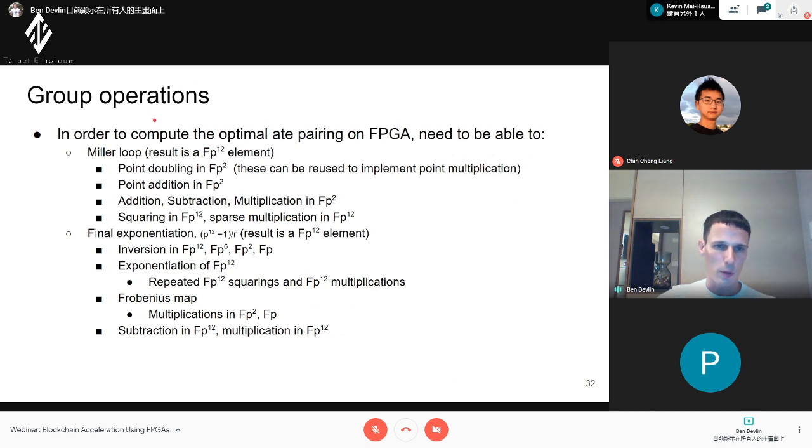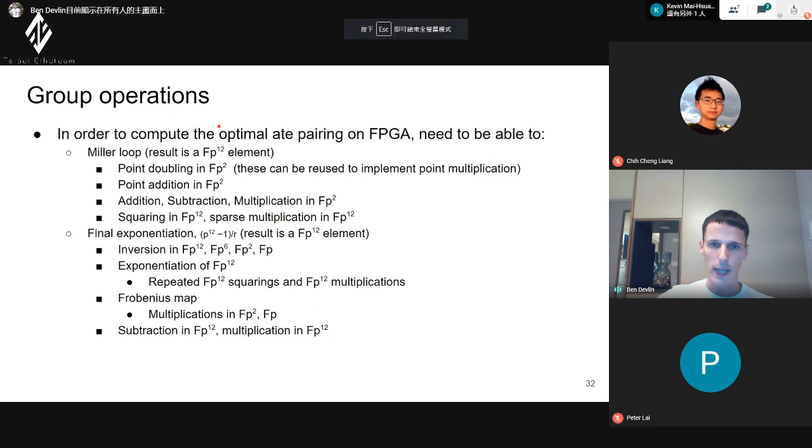And so then just summing up what we need to do. Zcash actually calculates the optimal ate pairing. When you talk about pairings on elliptic curves, there are different algorithms to get a similar kind of result, and the optimal ate is right now kind of the fastest one, so a lot of people are using it. This is the same one we implemented.